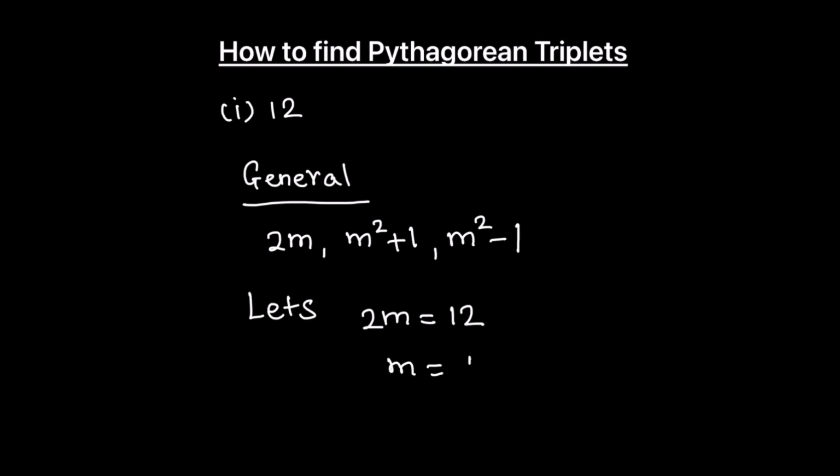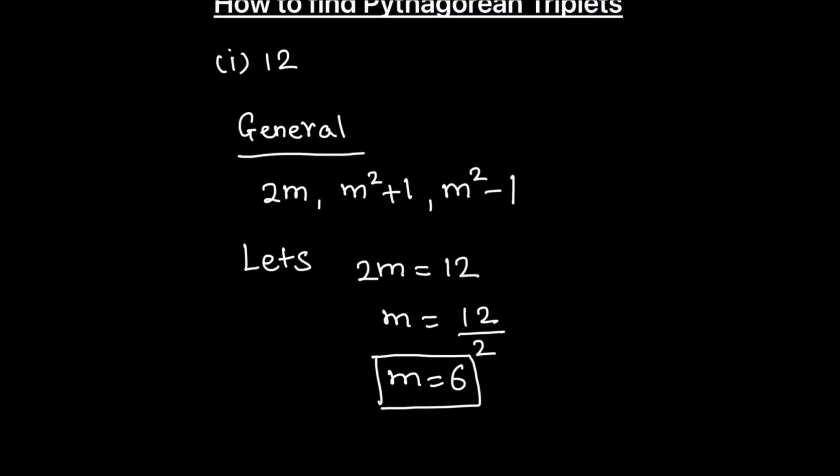m will be 12 divided by 2, which equals 6. We got the value of m from this expression. We can use this value of m to find the other two numbers. So the other two numbers in the triplet will be